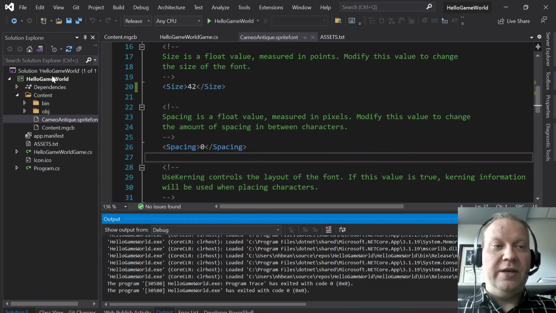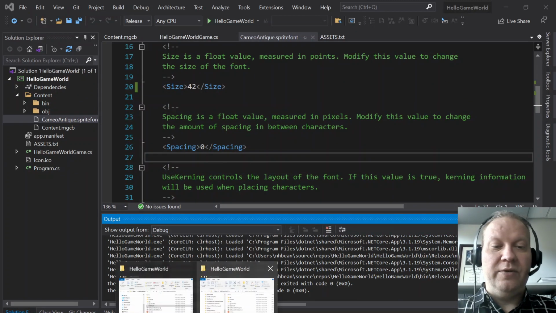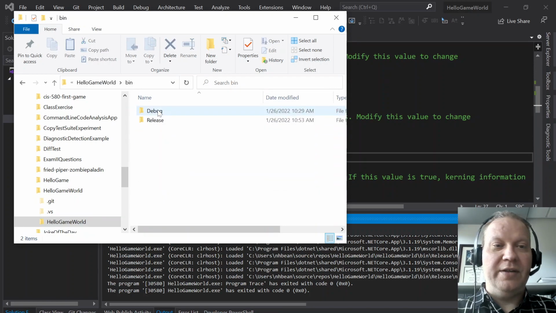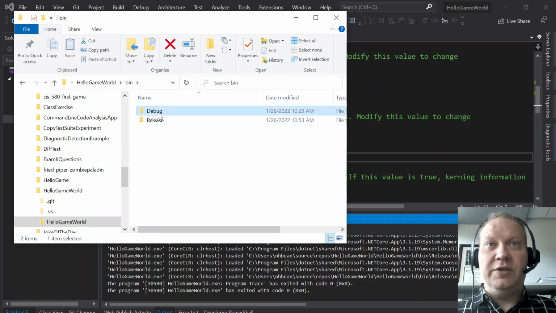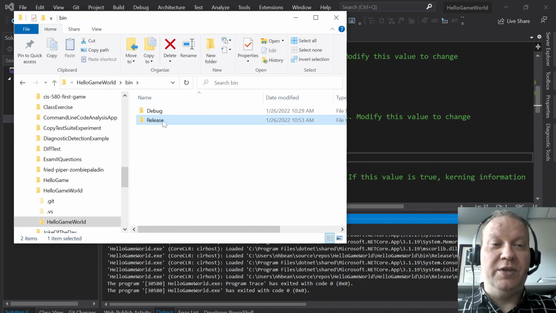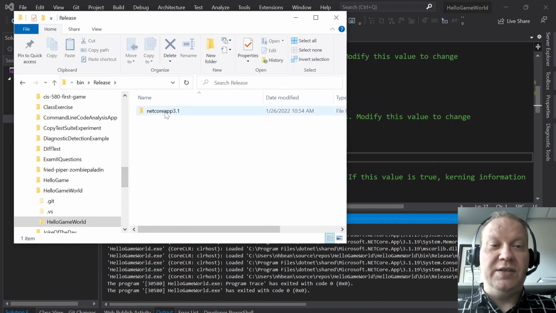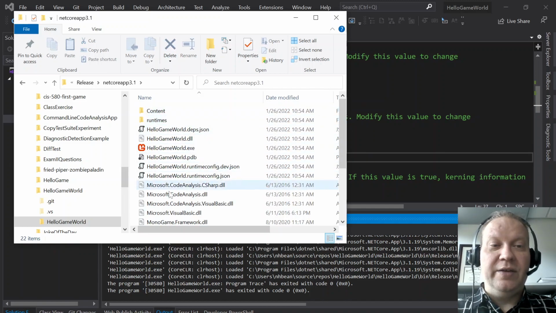And then, after we've done that, we can go back to our folder, drop down into the binaries. So the debug folder is where the debug build lives. So when you build in debug mode, that's where it ends up. The release folder is where the release build lives. So if we jump down in there, you see it's a Netcore 3.1, and then we jump down one more,